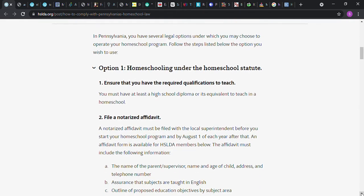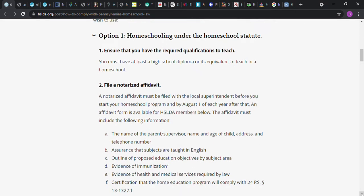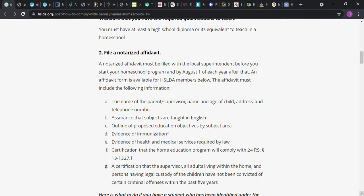You have to file a notarized affidavit with the local superintendent before you start your homeschool program, and by August 1st of each year after that. An affidavit form is available for HSLDA members below. The affidavit must include the following information: the name of the parent, name and age of the child, address, telephone number, assurance that subjects are taught in English, outline of proposed educational objectives by subject area, evidence of immunization, evidence